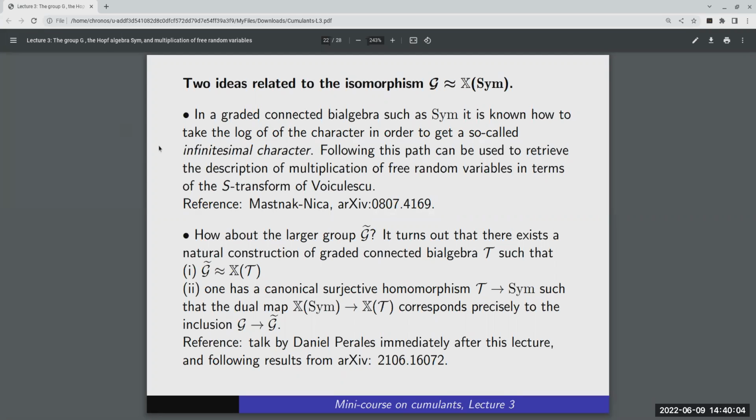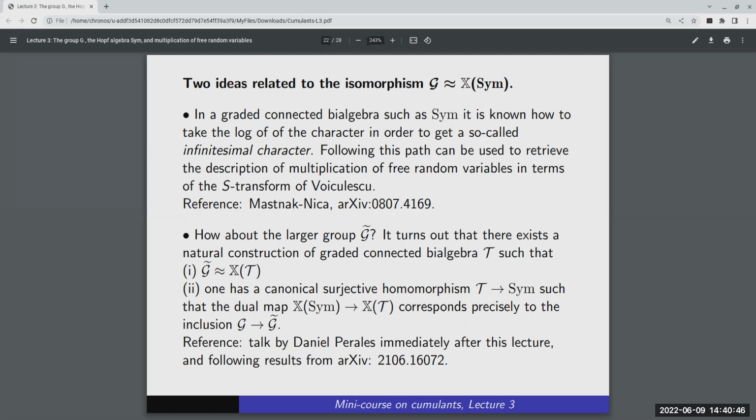This is a well-known thing that you can do in a connected algebra, such as SIM, that you can take the log of a character and you arrive in a space of so-called infinitesimal characters. Okay, and then you can take the log of the character which corresponds to some multiplicative function, but that multiplicative function can in turn correspond to an element A in a non-commutative probability space, and playing with that, you can retrieve